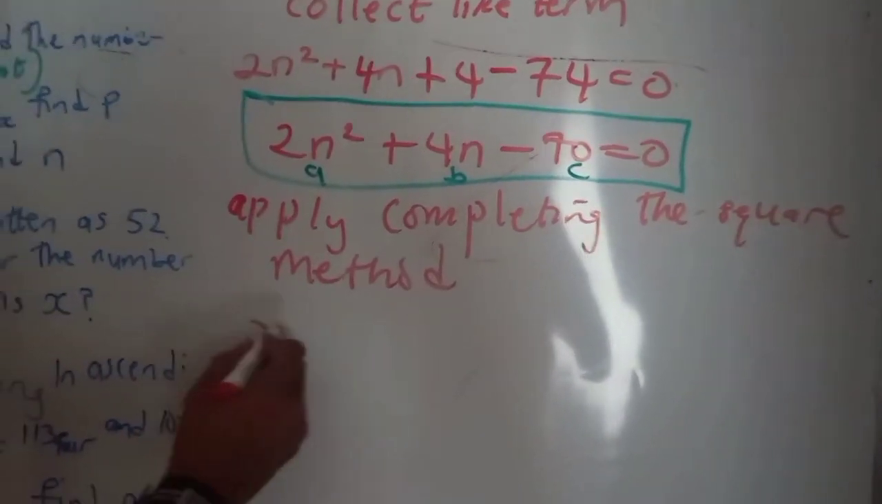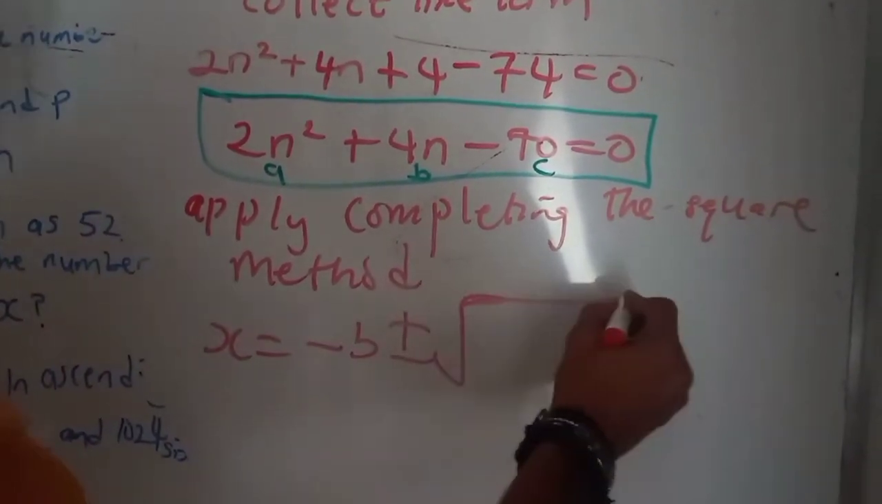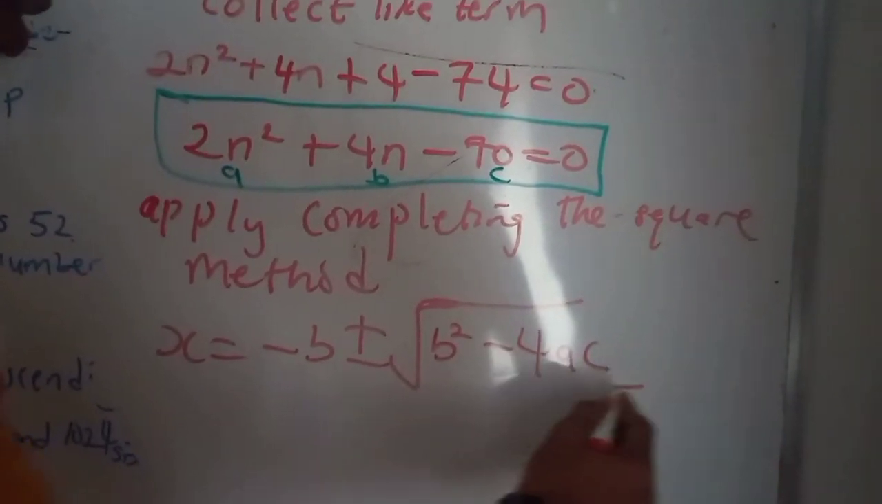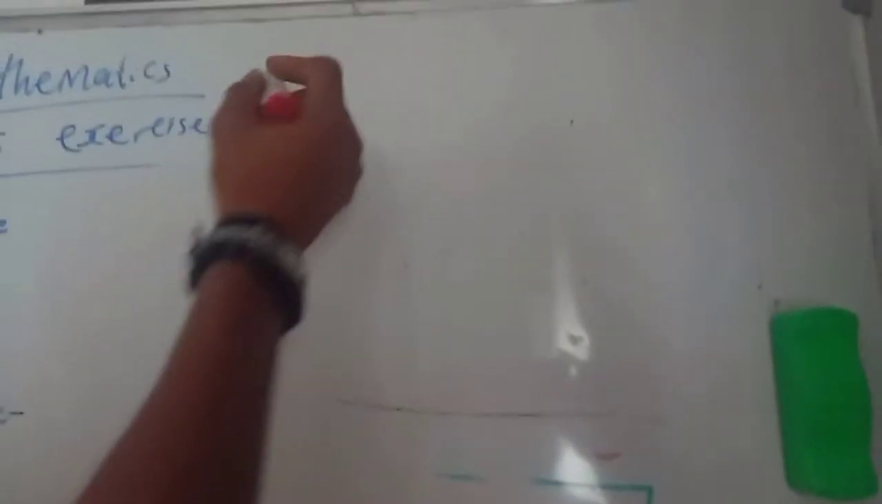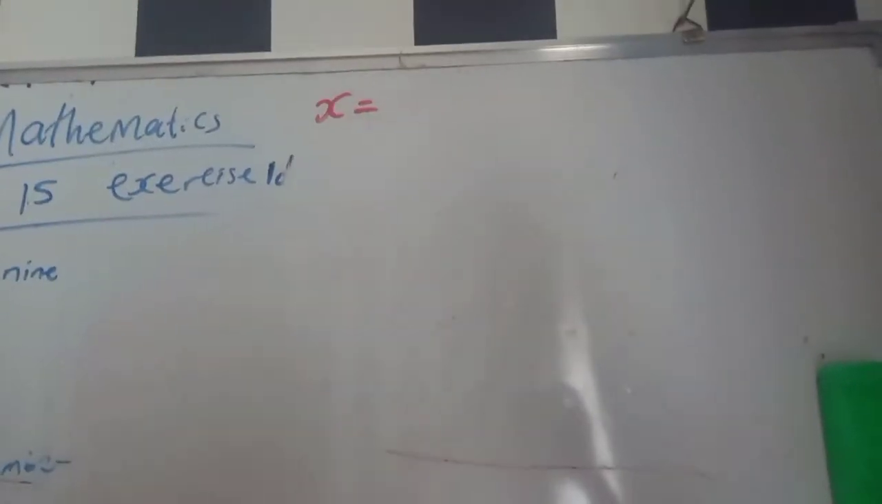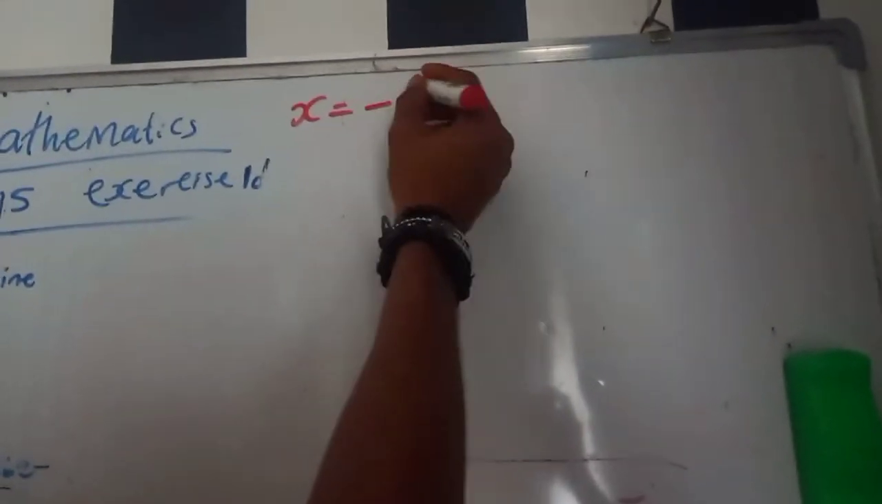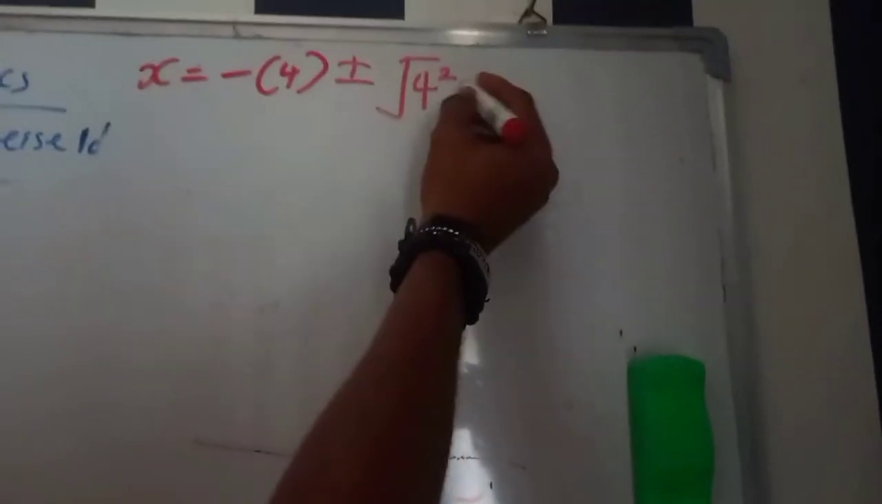X equals minus b plus or minus the square root of b squared minus 4ac, over 2a. So x equals minus b, which is 4, so minus bracket 4, plus or minus b squared. b is 4, so 4 squared minus